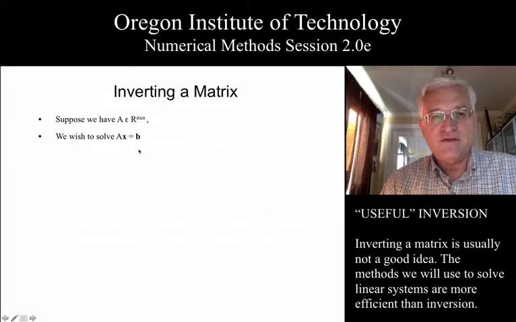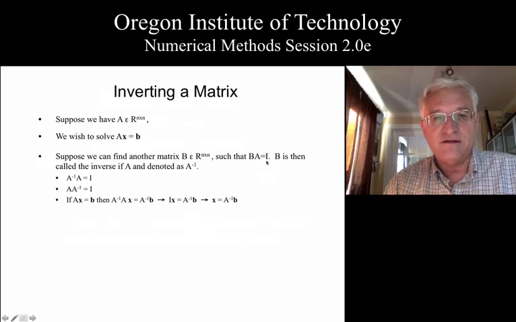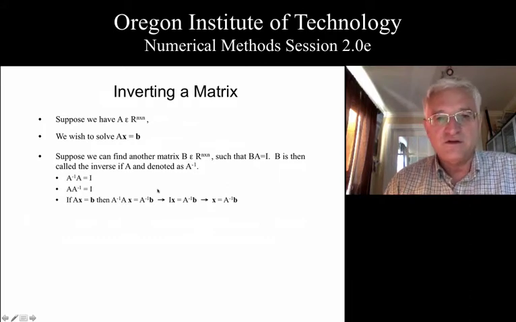That is the situation that would make an inverse somewhat useful. But to define that inverse, what we need to do is find some matrix B such that if you take B times A, you get the identity. If that occurs, then that matrix is denoted as A inverse, with a superscript, and it is unique. There's only one such inverse for a matrix, and that matrix, of course, has to be of full rank. So given that we have found this inverse, if we take A inverse times A, we get the identity. But very happily, in the case of an inverse, we get to use our commutative rule, which normally doesn't work. So A times A inverse is also equal to the identity.